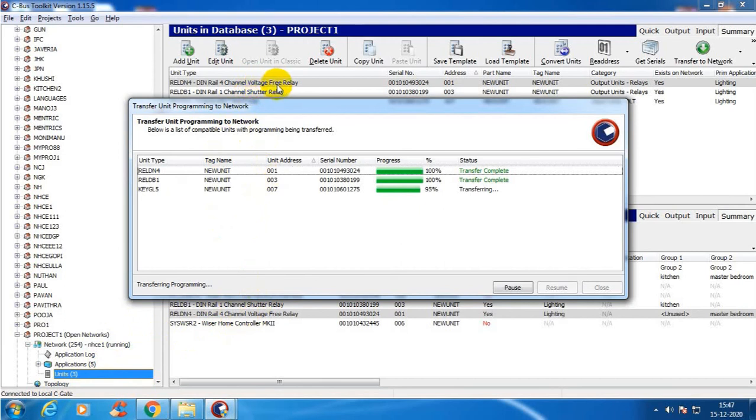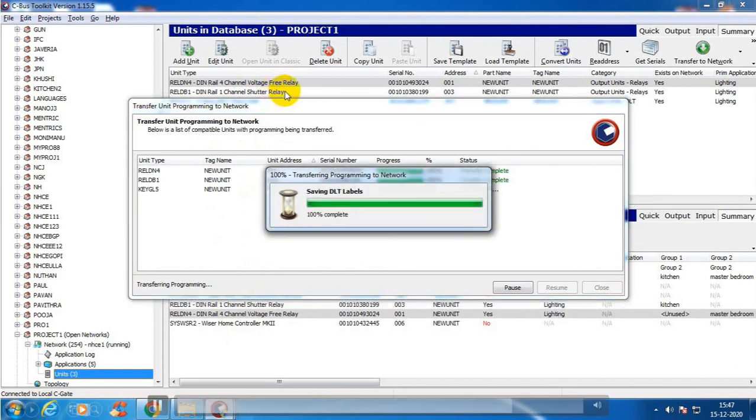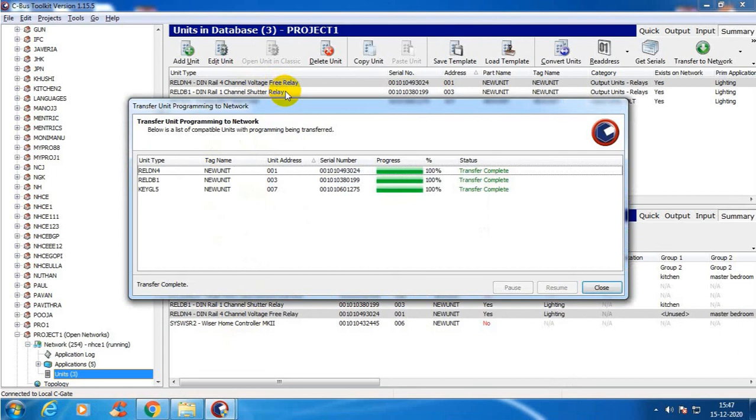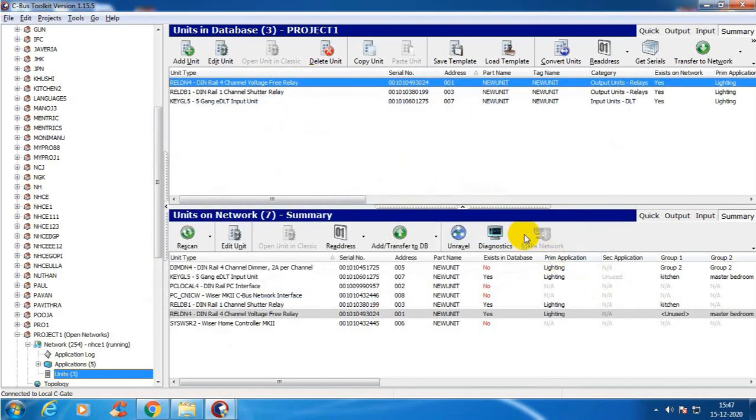Then clicking each and every one, you can set the key setting. By pressing the key setting, you can change the settings. Finally, it is over. Transfer is complete. At that time, you can close and go to the workbench.